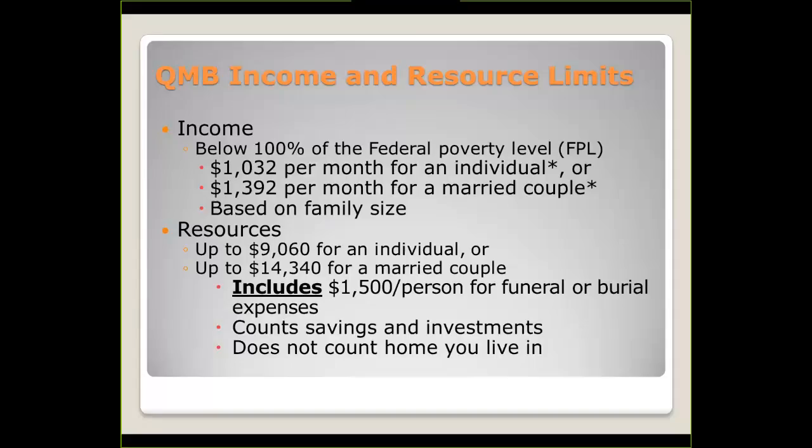I have a question. Evelyn Kornreich. Go ahead, Evelyn. If a person has an income of $700 as an individual, and she wants to apply for any of the programs you've mentioned, and she has very expensive medication, but her spouse has an income of, let's say, $1,000, which would kick them out, can she apply as an individual? Only if they are not living in the same household. If they're living in the same household, then they have to count that together. The income and resources have to be combined. If you're married and not...